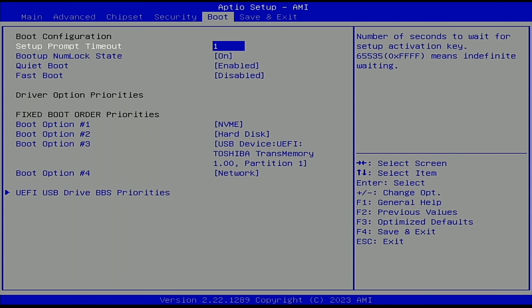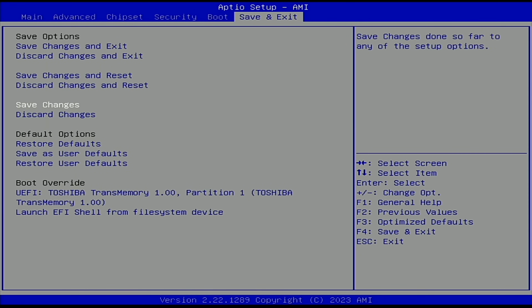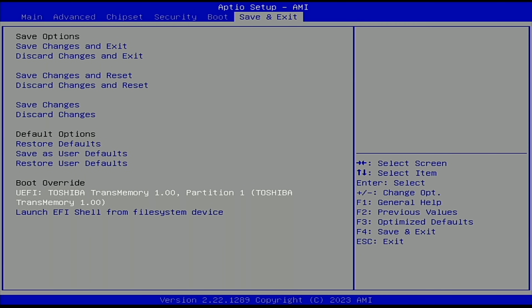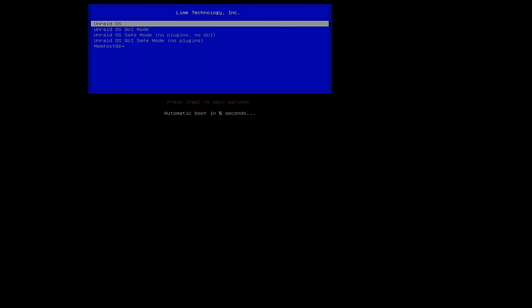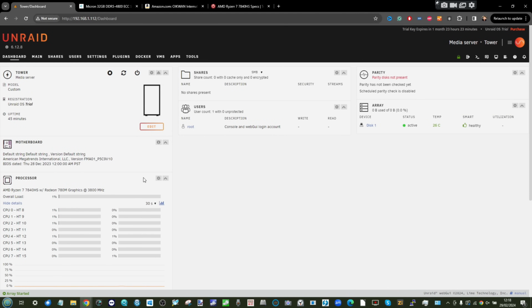So what I'll do now is I'll hop straight into booting in from UnRAID. So let's go straight into UnRAID with our USB boot and make our way in. So now that UnRAID has finished booting, we can come out of that there and make our way into the user interface here